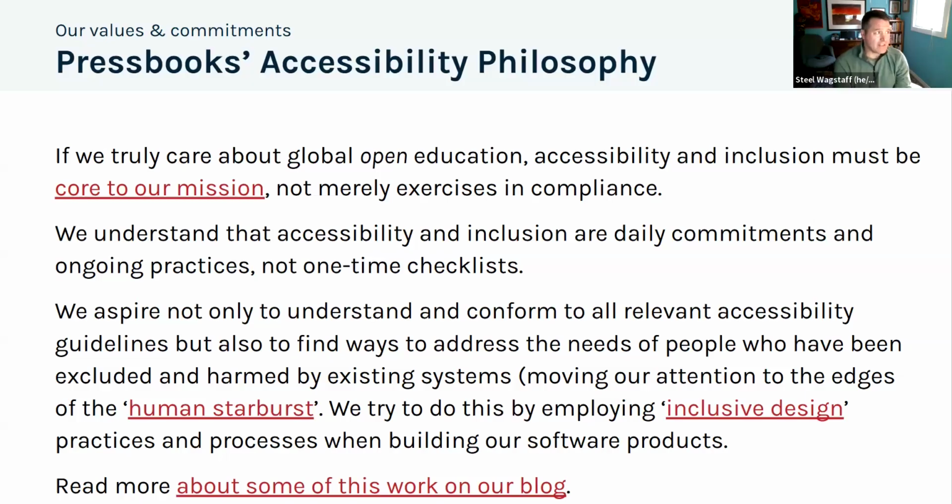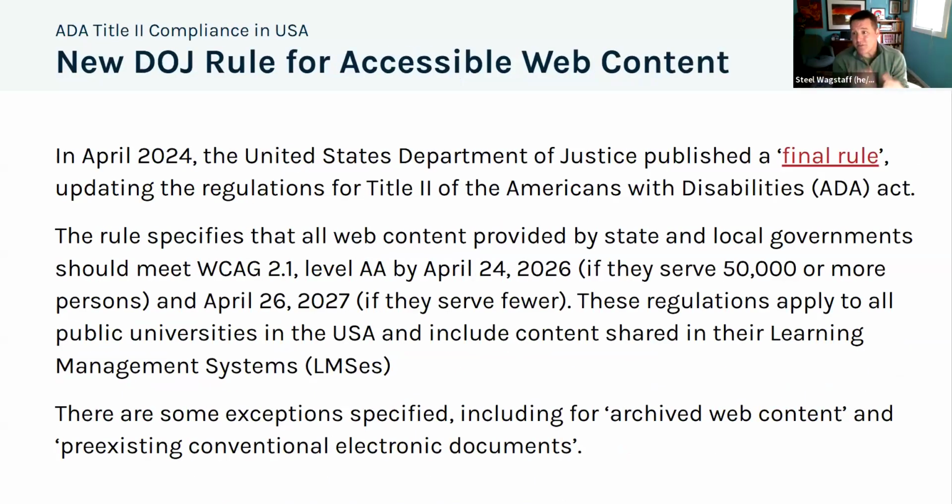We need to. So the context that we're here today for many of you is nationally specific, but you may have something relevant to you if you're working outside of the United States. But in the United States of America, where many of our clients or users live and work, in 2024, the United States Department of Justice published what's called a final rule. That means there is an already existing law in the United States called the Americans with Disabilities Act. And it says, here's what the law is for how people with disabilities must be treated. These are their basic civil rights. And in that law, there's Title II, which talks about digital accessibility and other kinds of things.